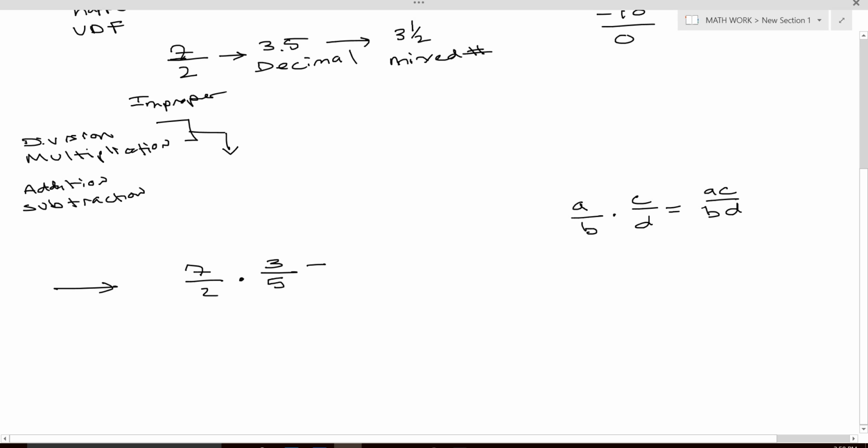Right? So that's what we're going to do. Let's follow that rule. So 7 times 3, 21. I'm waiting for an answer. I'm like, okay, I'm waiting. And then 2 times 5 is 10, right? Cool. So now we have another improper fraction,